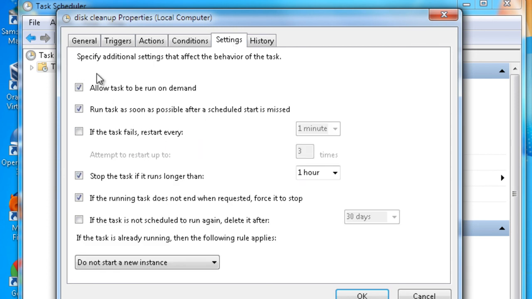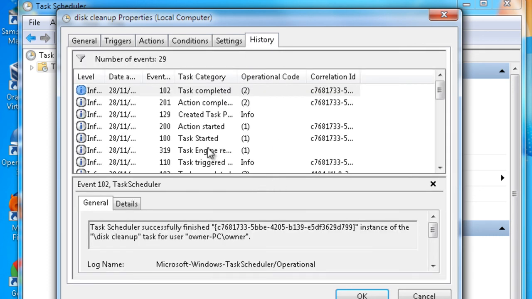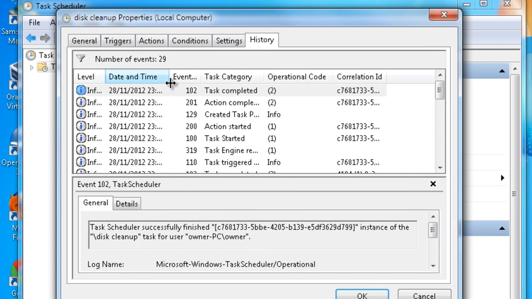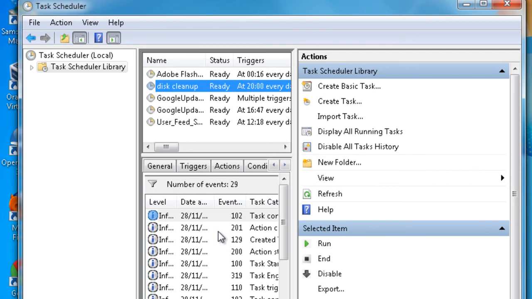The settings tab specifies additional settings that affect the behavior of the task. Again, I would leave all these the way they are. You can, if you want, play around with them, but I wouldn't, because they're fine the way they are. And then that's just the history tab, gives you the time it last ran. Okay,